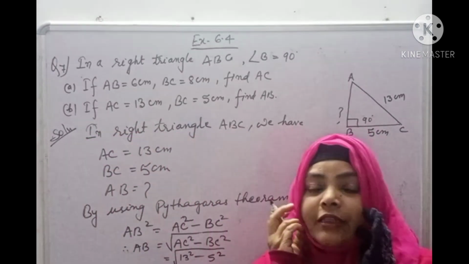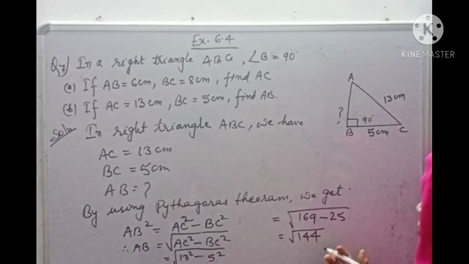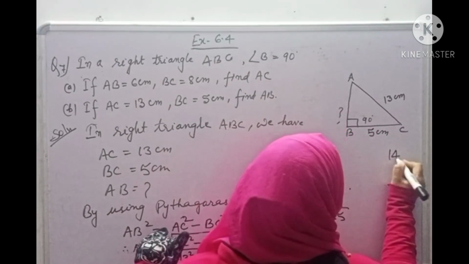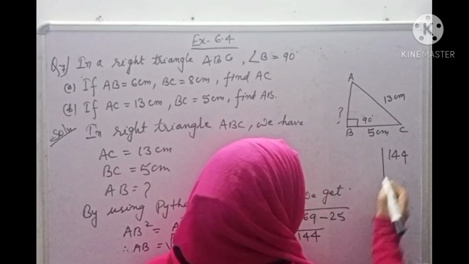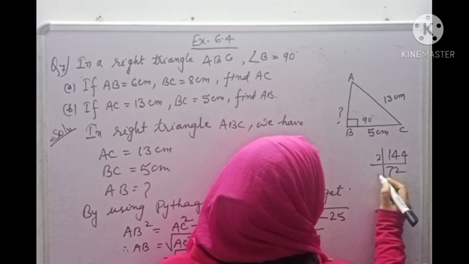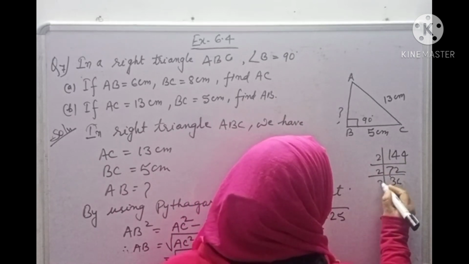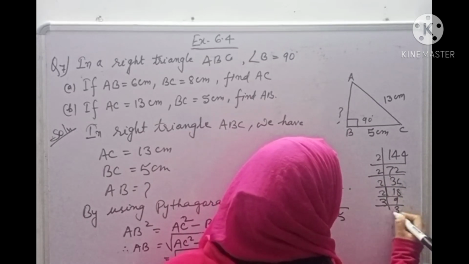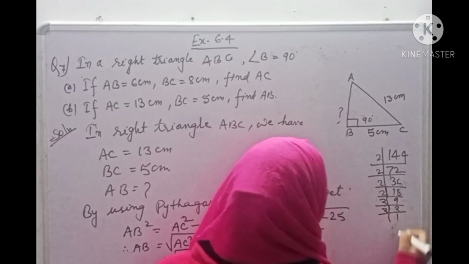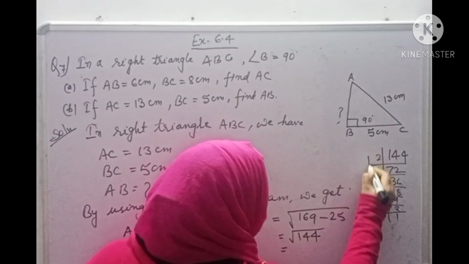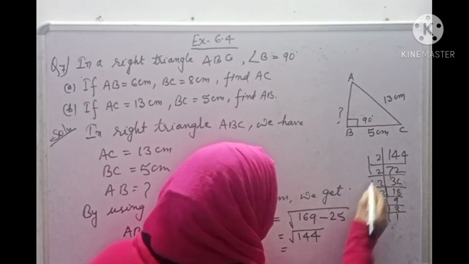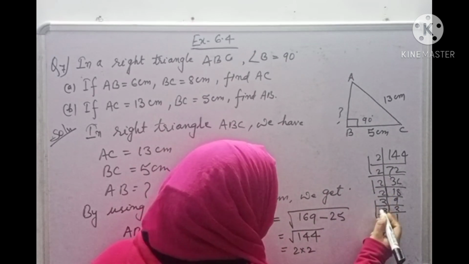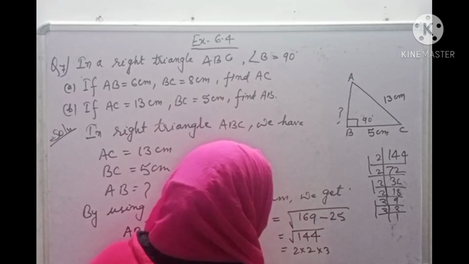Now we have to find the square root of 144. You know simply what is the square root of 144? You can find it also here. ऐसे 12 होता है, but you can do here 2 7 जा 14, 2 2 जा 4, 2 36 जा 2 18 जा 2 9 जा 3 3 जा 9 3 1 जा 3. अब हम इसका पेयरिंग करते हैं. From this pair, from this pair, from this pair. Okay. From this pair you take 2. From this pair also you take 2. From this pair also you take 3.